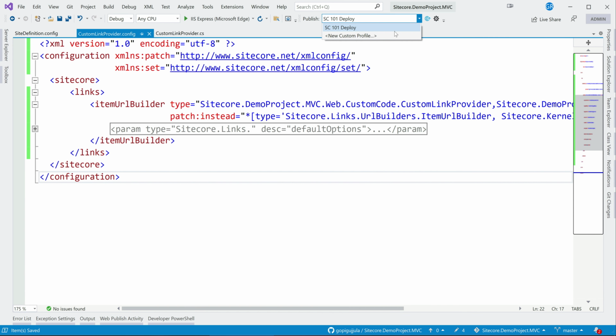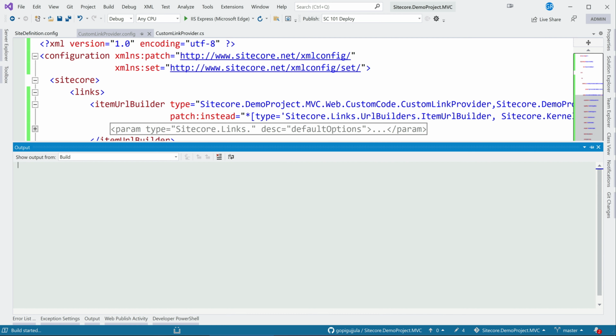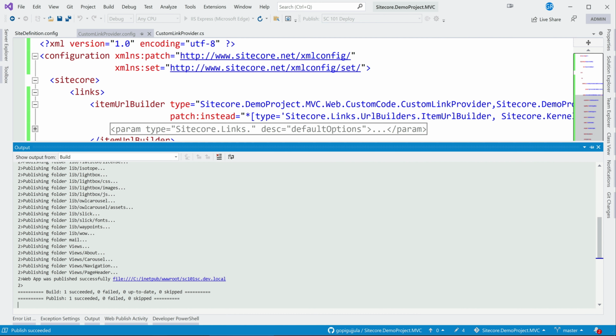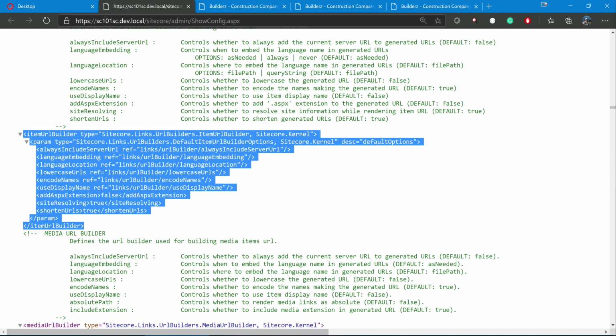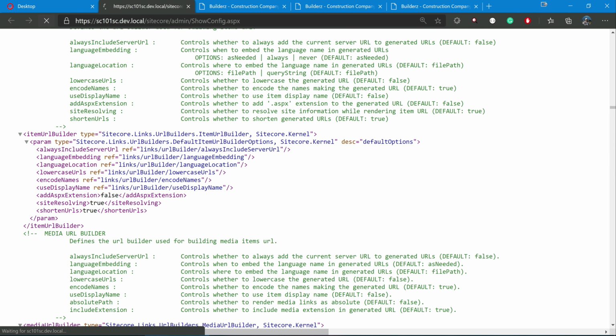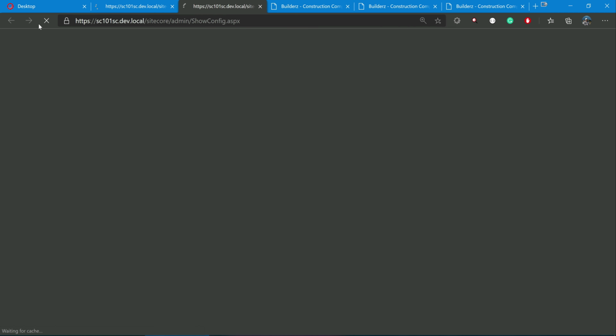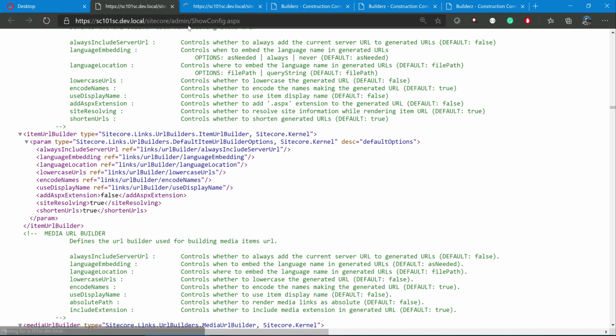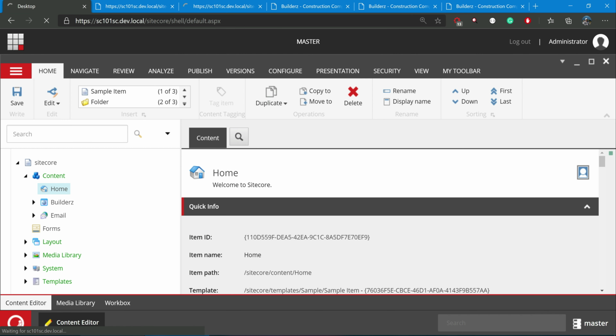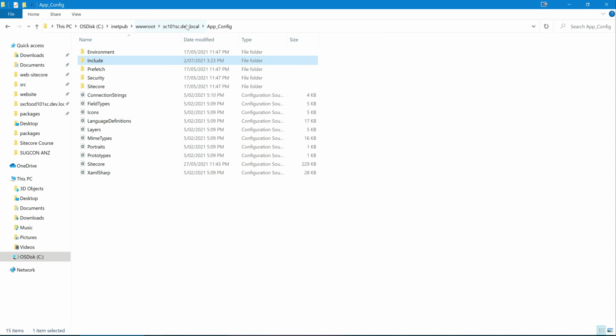Let me select the deploy location and publish. Okay, and I'll go and load this. Sorry, I'll just keep it as it is. I'll reload this here. I'll reload here as well, and let me go here.